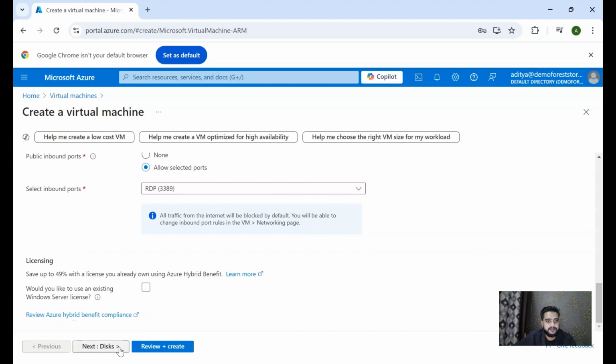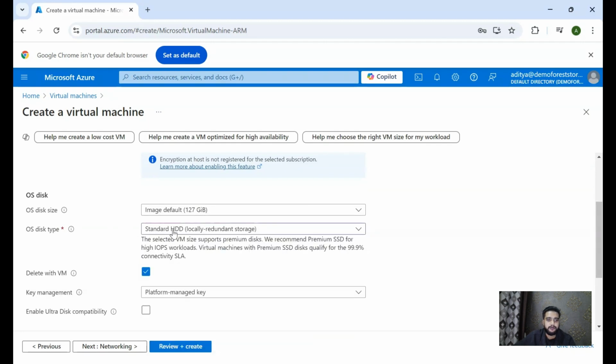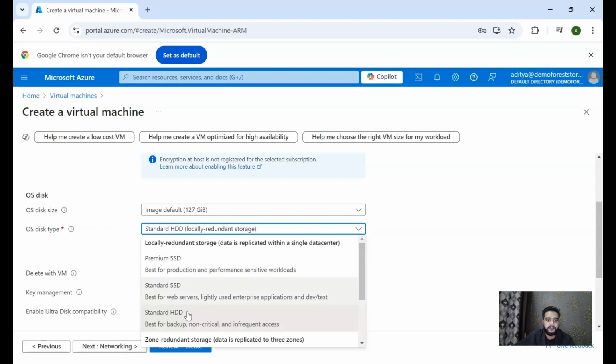Now let's go to disks. Here, the default size for a Windows virtual machine is a 127 GB OS disk. Now, coming to disk type, you can select any of the disk types, but Premium SSD is best suited for production workloads and gives you higher performance, and the cost is more compared to the rest of the disk types.